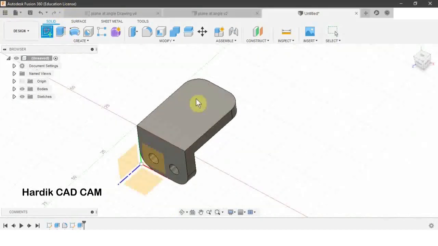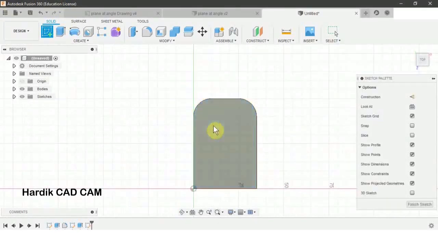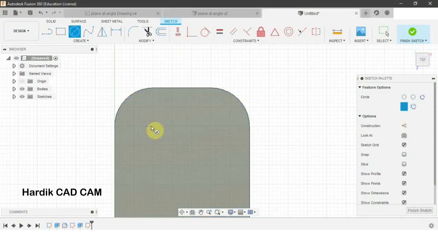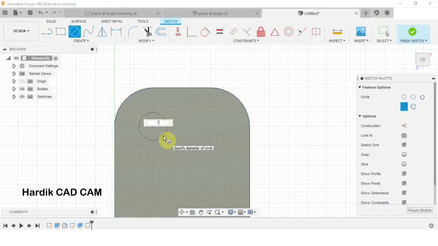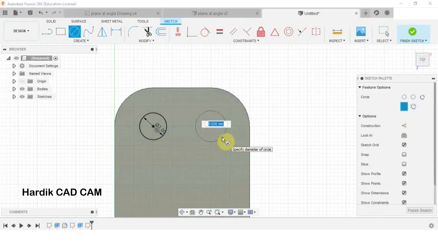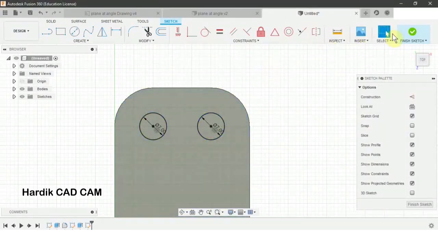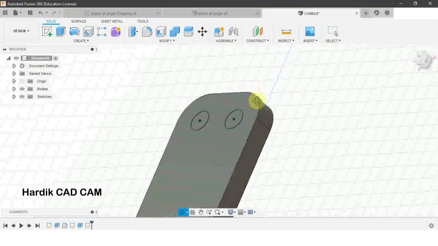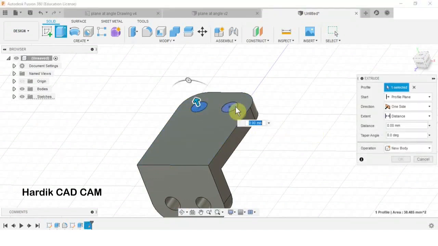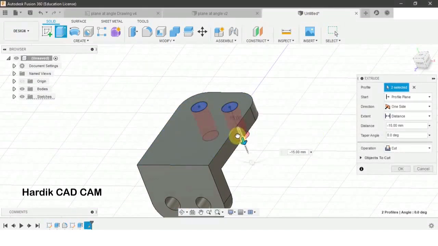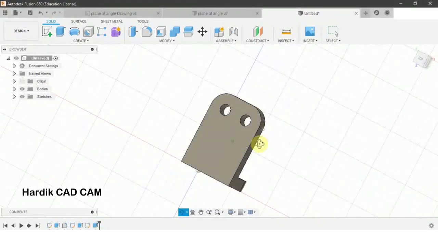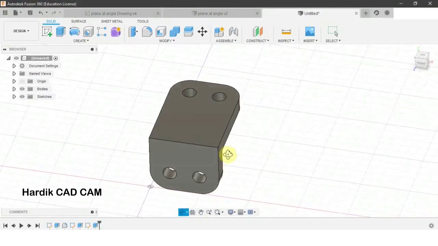Same way we will create another sketch on this top face and we will create 2 circles on these center points with 7 mm diameter like this. Now we will finish this sketch and we will extrude it. For that the shortcut is E. We will select these 2 circles. We will drag this arrow downwards and OK. Another 2 holes are created.